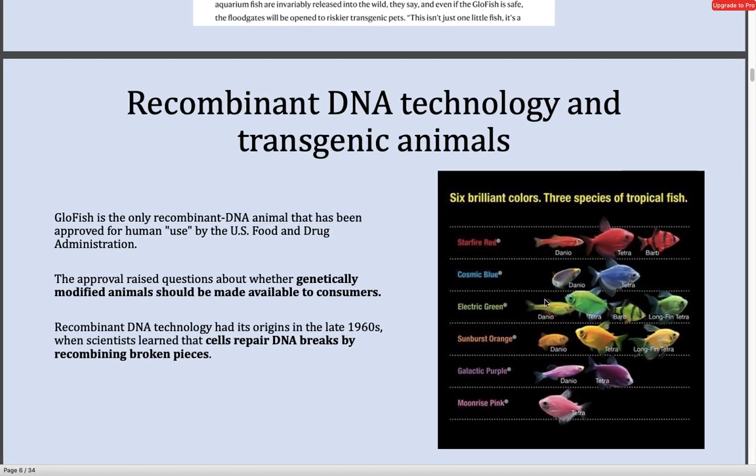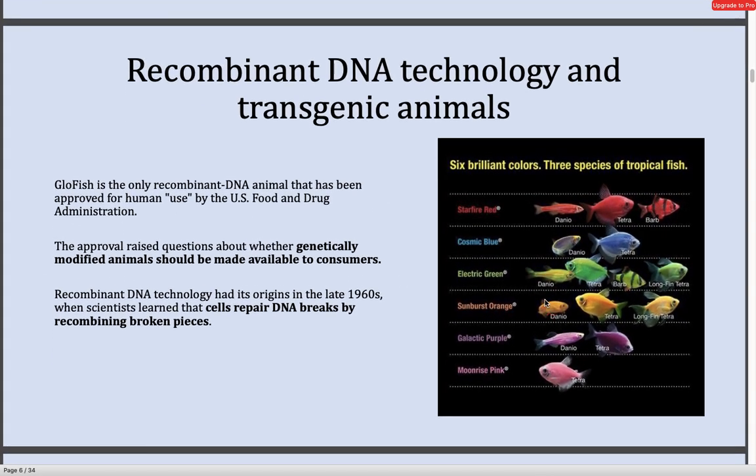What was interesting was that it was definitely approved by the US to be actually sold as a pet. But when you approve usage as a pet, which is not directly related to medical purposes or an essential need, it caused a lot of panic and worry among other people. Because if you do this, how do you know what else will be genetically modified? That sort of set the stage for how people view transgenic animals or recombinant